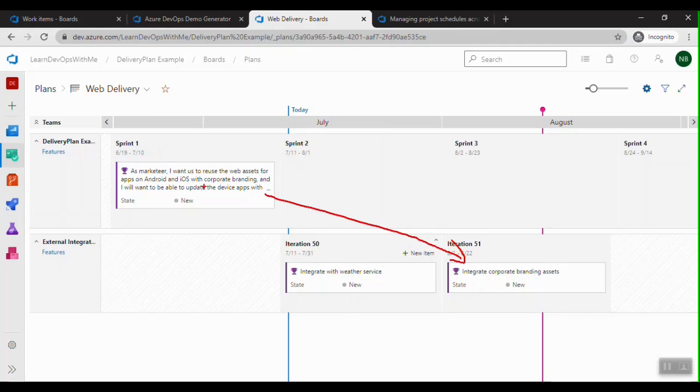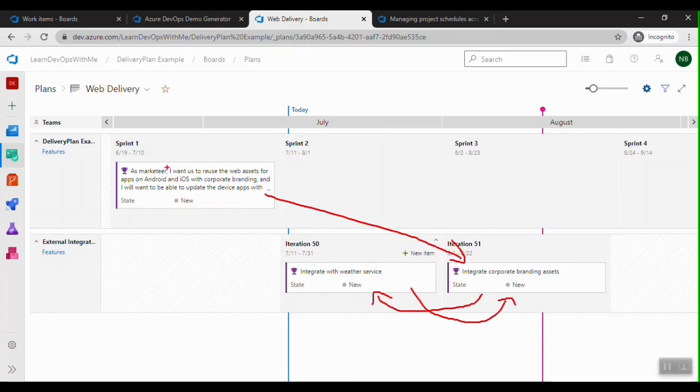This is where it helps us to understand the dependencies. So now the best option would be to work on this integrate corporate branding asset feature in iteration 50 and push this to the next iteration.